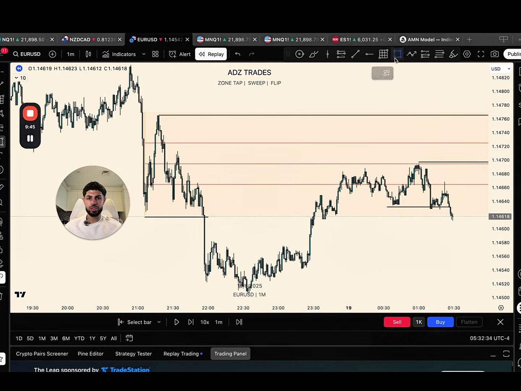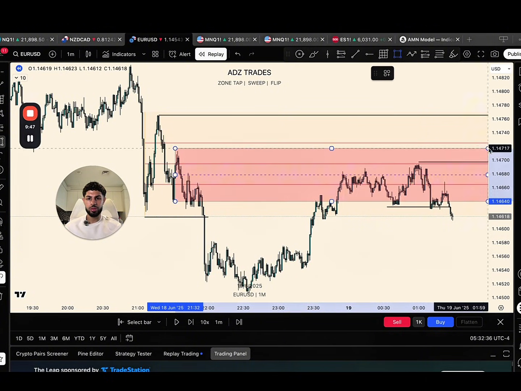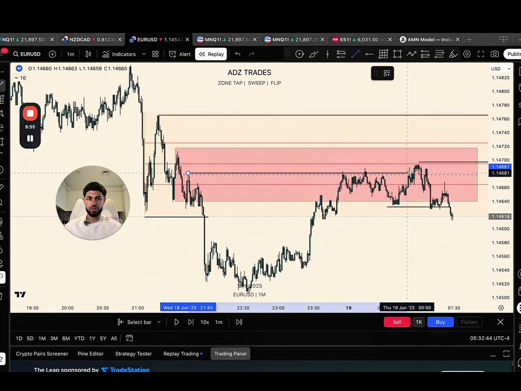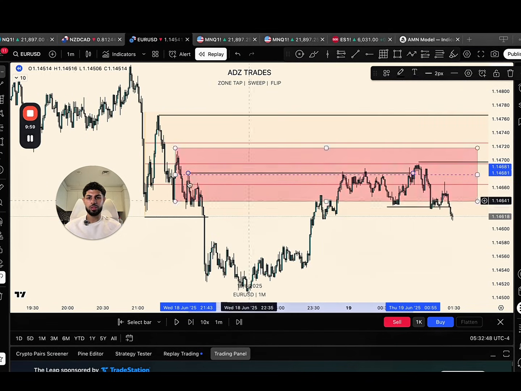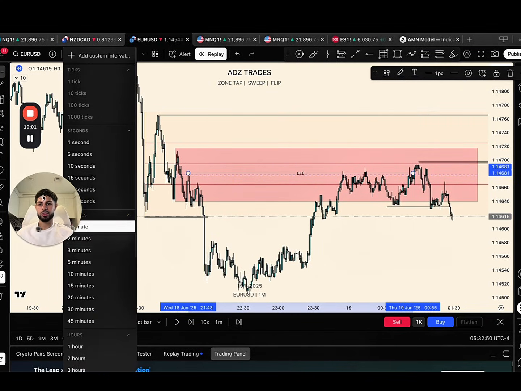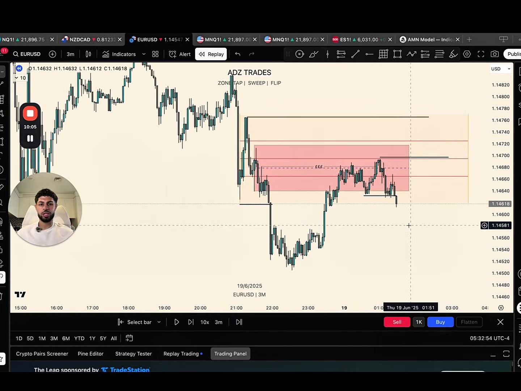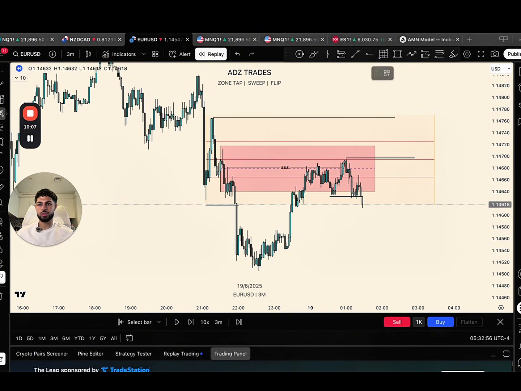Now you can see we did reject actually from this area of supply here, this down to up move, and you can see we did sweep this first tap here. We took out this liquidity. So this is my 6 taps. In this example, I can draw my 6 taps from this area of supply. So I can draw it as,